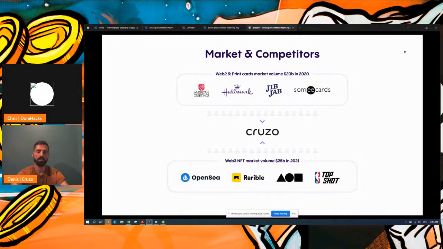And at the bottom, you see the booming NFT market. So our idea is staying in the middle of two huge markets. We can gain users from the top market because people already know what greetings are, they are buying from those companies. But at the bottom, you see the NFTs are booming, and people already know what the worth of the NFT is, and they can try something and experience Cruzo.